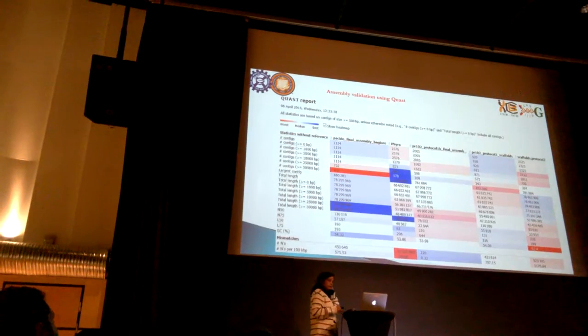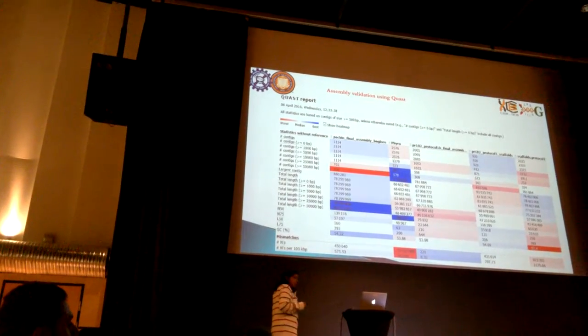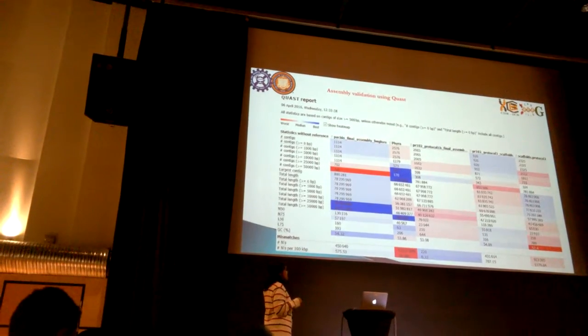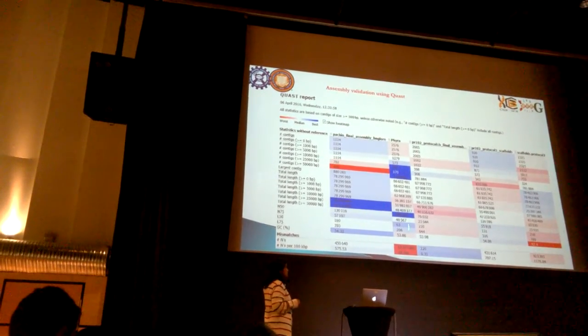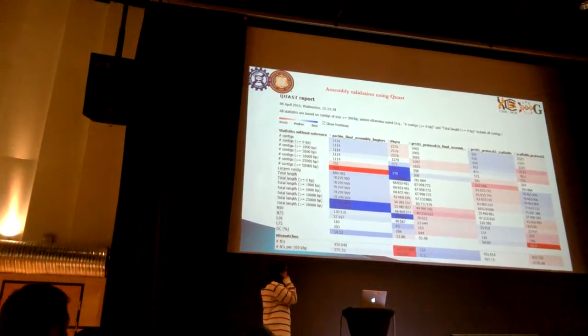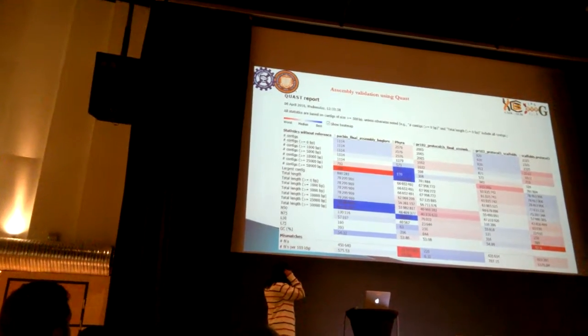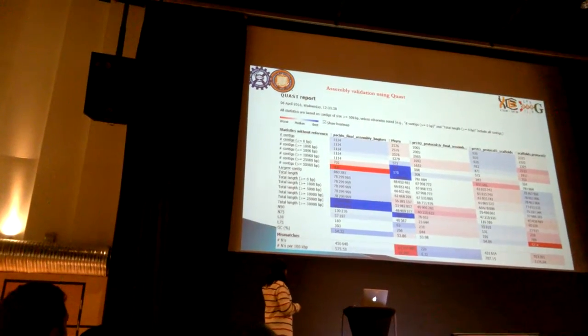There is a way to evaluate your assembly, and that tool is called QUAST. But QUAST is slightly biased towards the size parameter. As you can see, this is the V1 assembly, so it gives a lot of blue here, saying that this is a good assembly, but it doesn't talk much about the gaps.